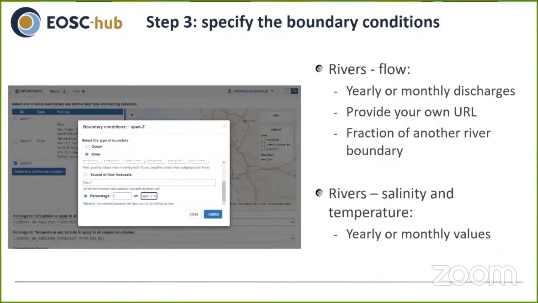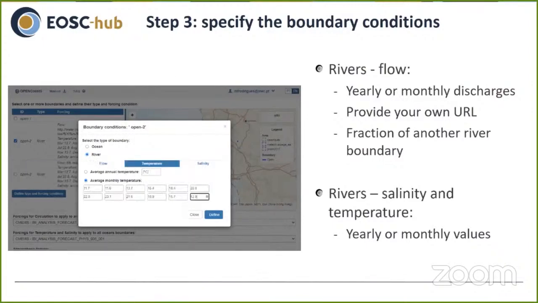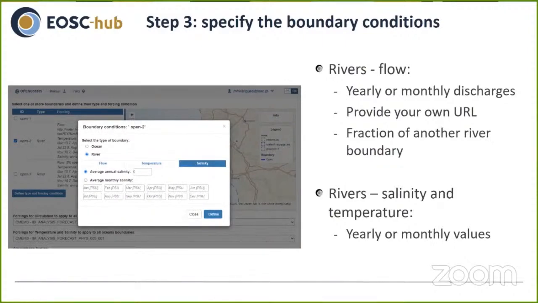In this case, you have an example in which the river flow is 5% of the open boundary 2. For salinity and temperature, 2 options are available. The user can either specify monthly values, as you can see here for water temperature, or yearly constant values, as here in example for salinity.